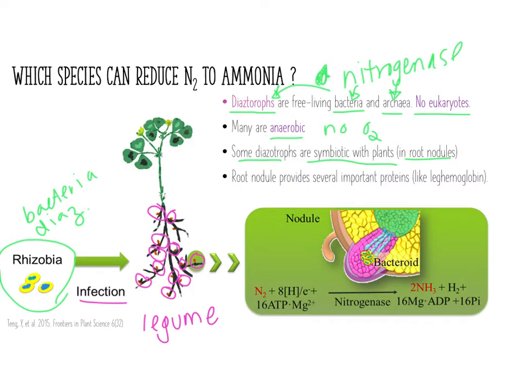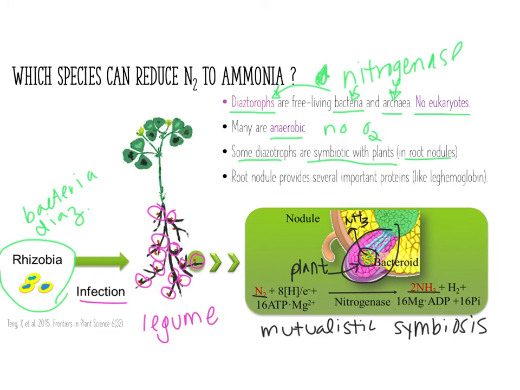Let's switch this one out to this. That's what's shown over here. So the bacteria are in yellow. The pink is the plant. Okay, so inside the bacteria is a nitrogenase, and the nitrogenase catalyzes the reaction of taking N2 from the atmosphere and making NH3. So the bacteria will give the plant NH3. And this is a mutualistic type of symbiosis,